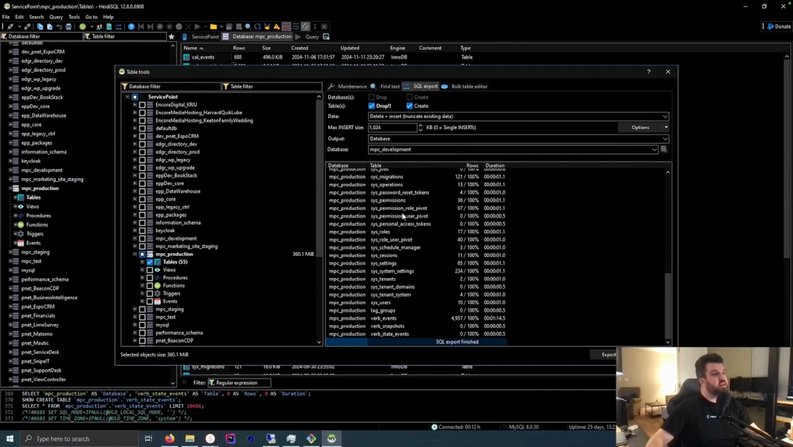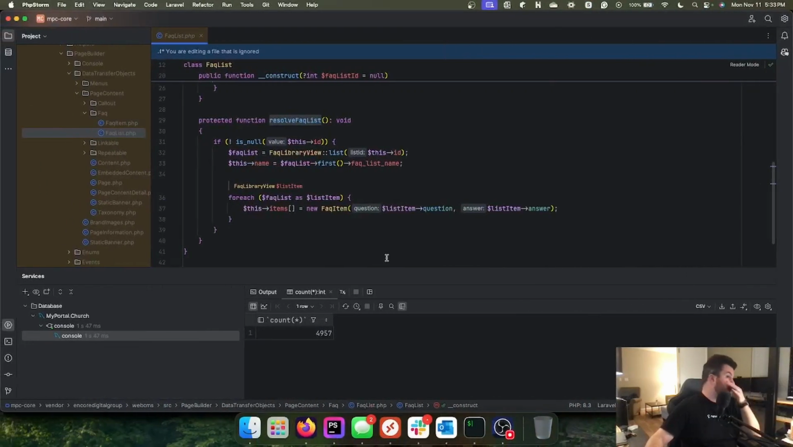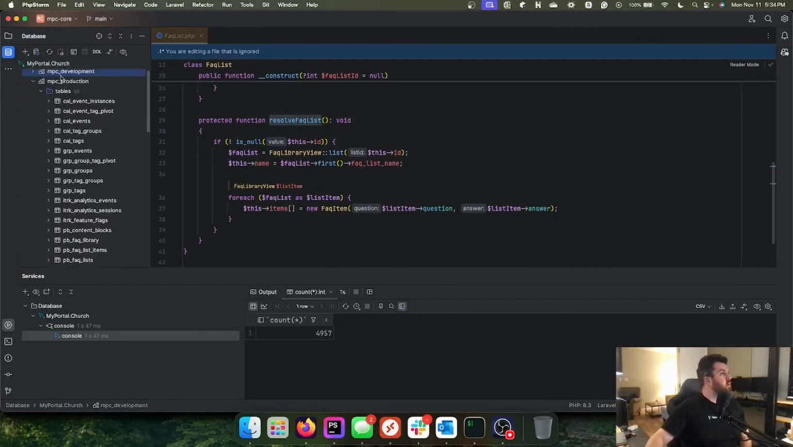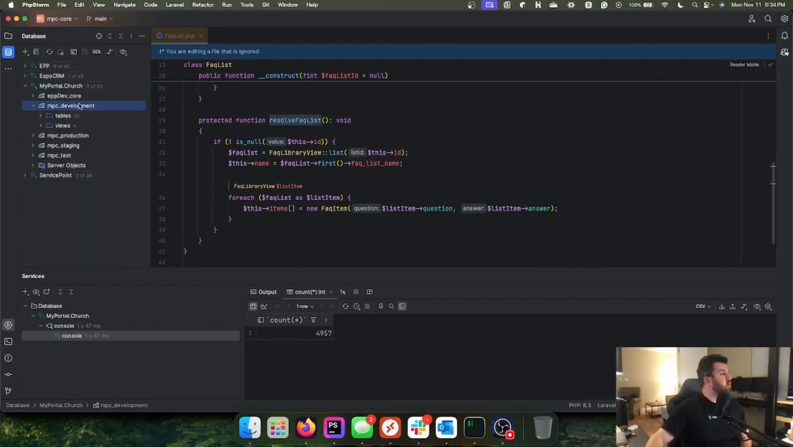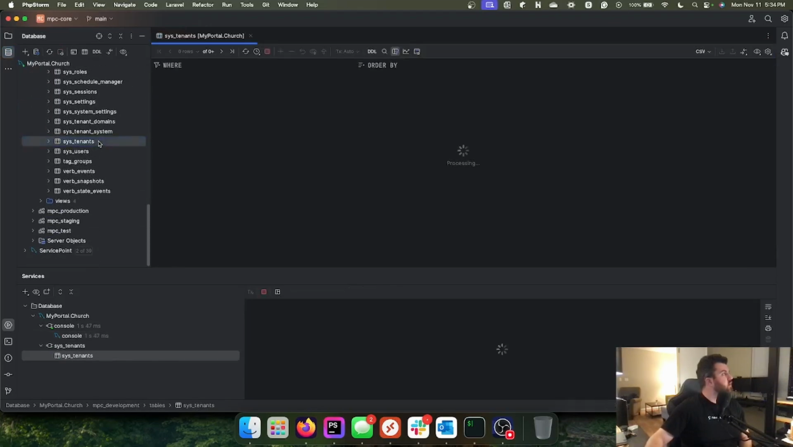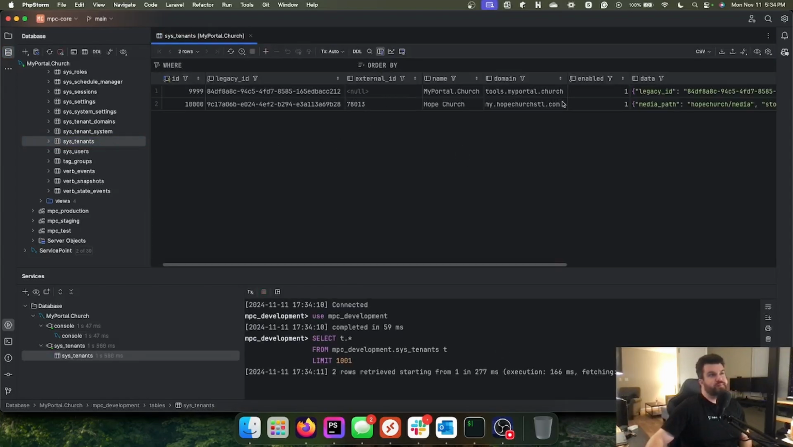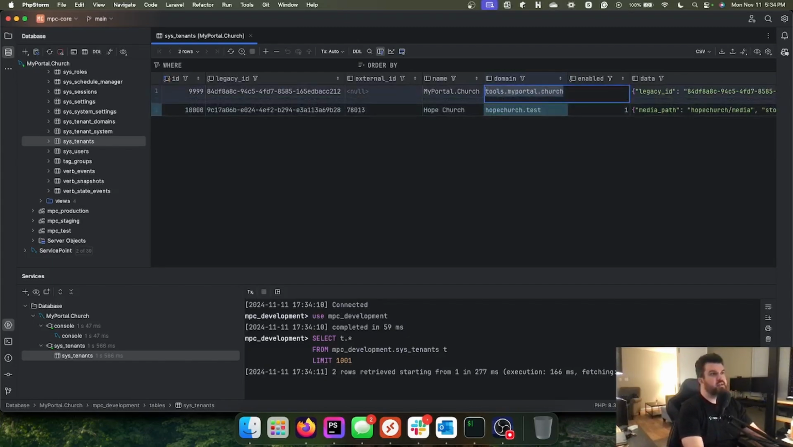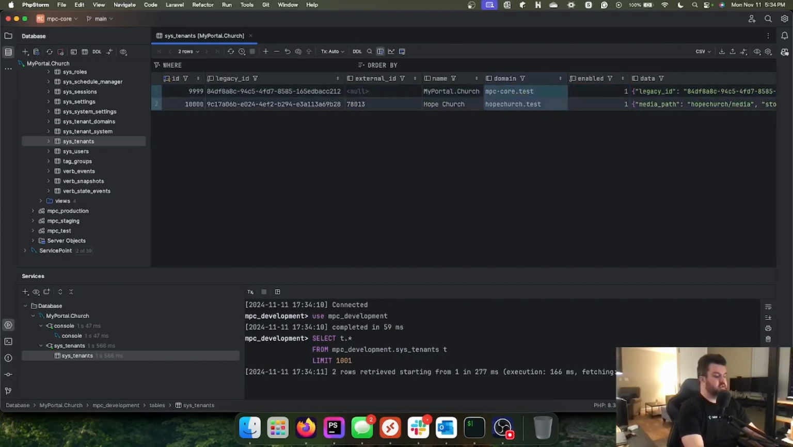Let's see. It is coming over. We've got the DB pulled over. So now, just to run it locally, I don't want to edit prod. I want to look at dev. So we'll just change the tenant stuff to local. We do this for Hope Church dot, nope, Hope Church escape dot test and MPC core dot test. Send that up to the things,